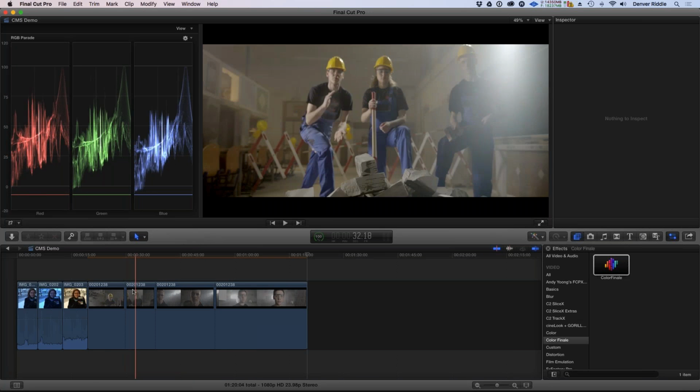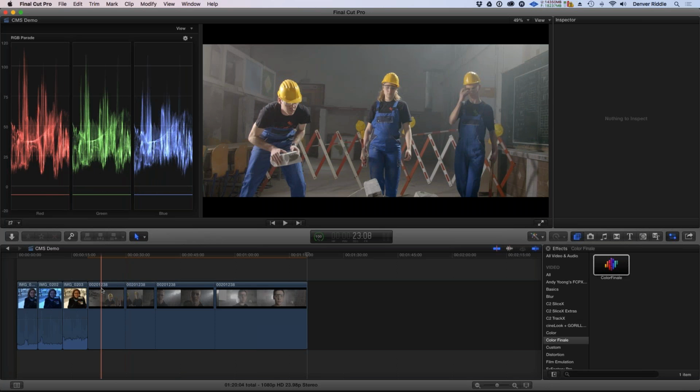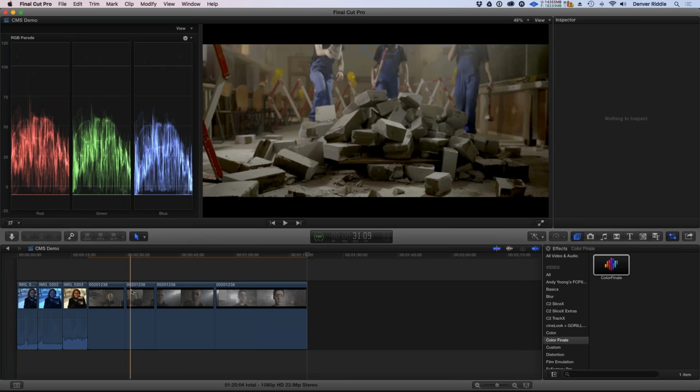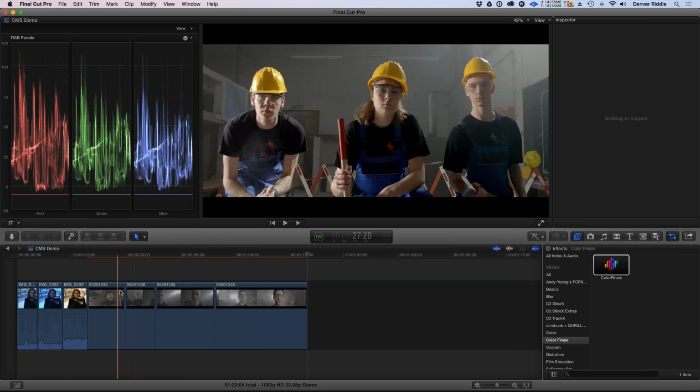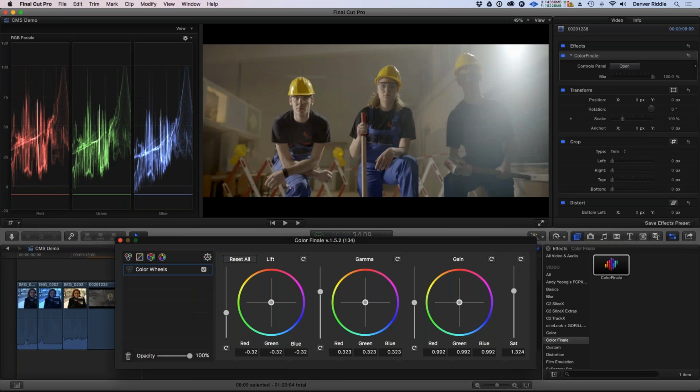It seems like, I'm just eyeballing this, the blue of their overalls is more of a darker blue, and this shot also appears to be more yellow. These are just observations I'm making. So what I'm going to do is try to fix that. Maybe increase the exposure. For yellow, I'm just going to come over here to the gain control and kind of